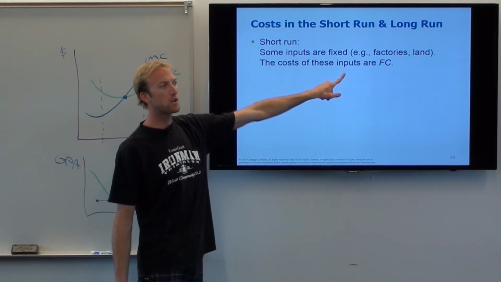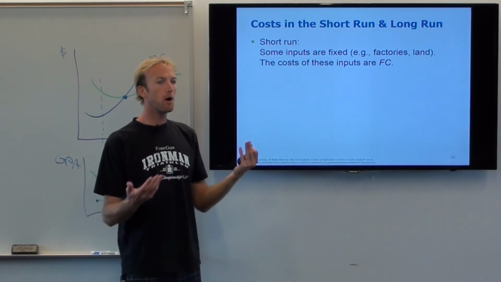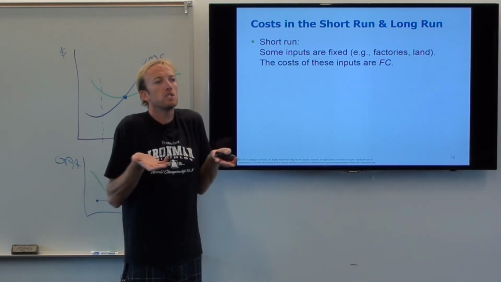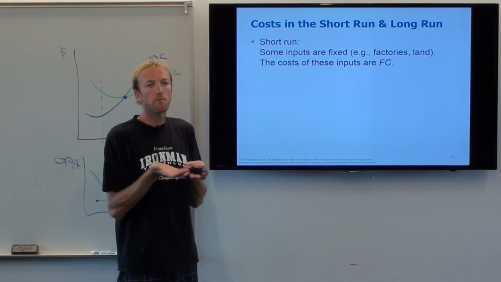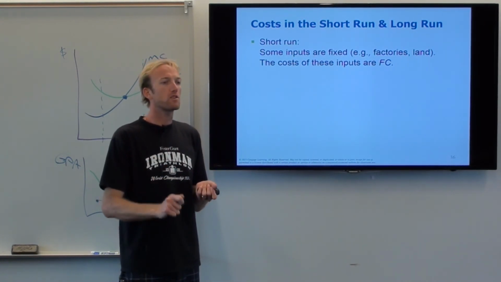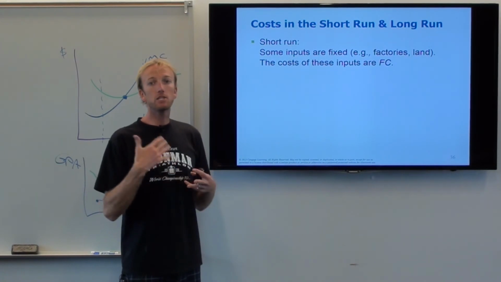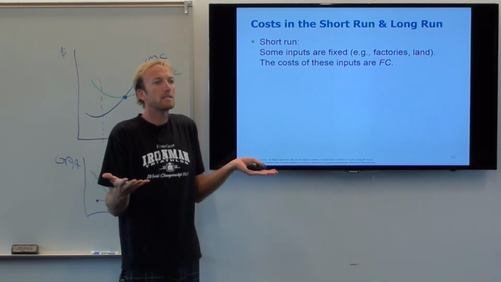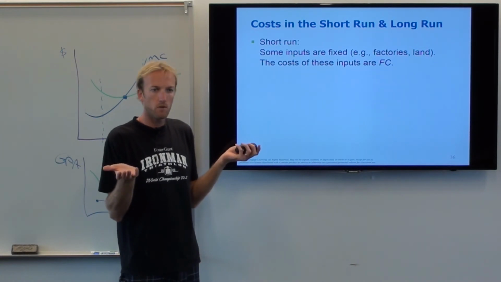We call them fixed costs, right? In the short run, tomorrow, I can't change the number of factories I have. I can't change my rent. So that's all fixed costs, right? It doesn't change. The only thing I can change tomorrow is how many tacos I make. That's a variable cost, right? Or how many people I hire for the day, right?